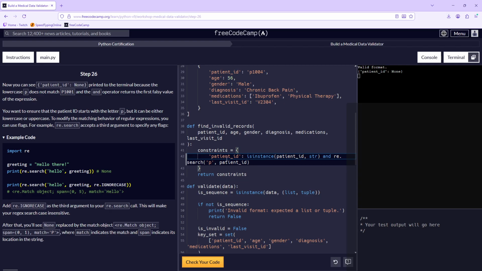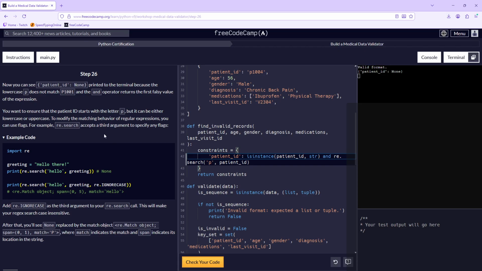That's interesting. I'm not fully understanding why it just says return constraints. I guess I'm learning a bunch about dictionaries.